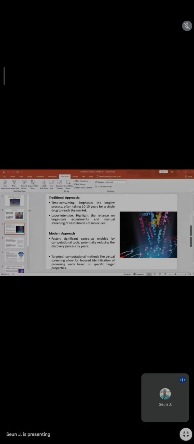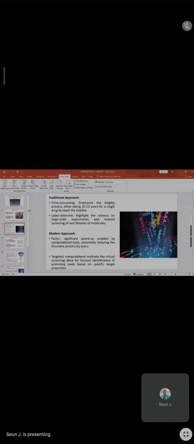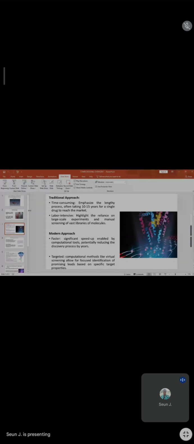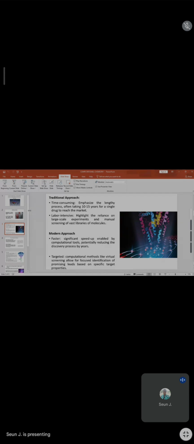I said the other time that COVID-19 has two important proteins, main protease and papain protease. COVID uses one of the two to attach itself to a particular receptor. I will show you some of those things. I just hope I have more time to do that. COVID uses one of those proteins to attach itself to the host cell. Once attachment is done, you all know the subsequent reaction that will take place. It will inject its genome into the host cell before replication. So we need a drug that can stop the activity of those proteins on the